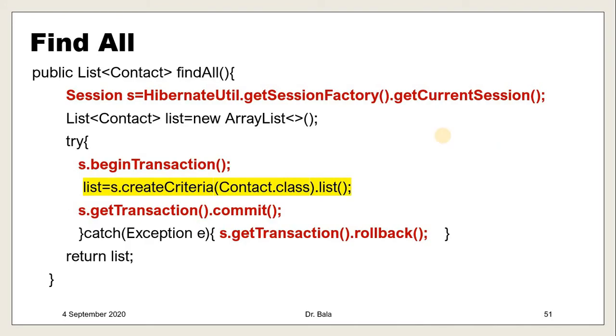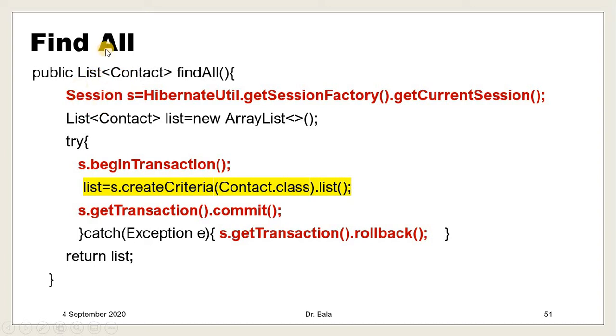So I directly bring the methods, for example if you want to find all the records from the database. I put the code, and in the DAO methods there are also common codes which will be repeated in all the methods, and only a few methods we are going to write uniquely. For example, this is for finding all. So I put the method in which I have findAll. This is the method name. This find method is returning a list of contacts. Contact is my contact POJO class. So list is to list the values.